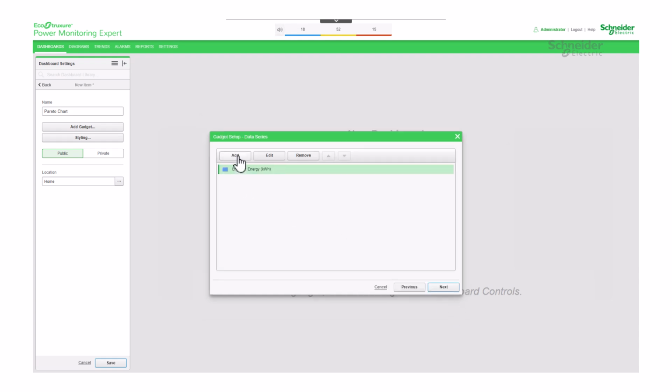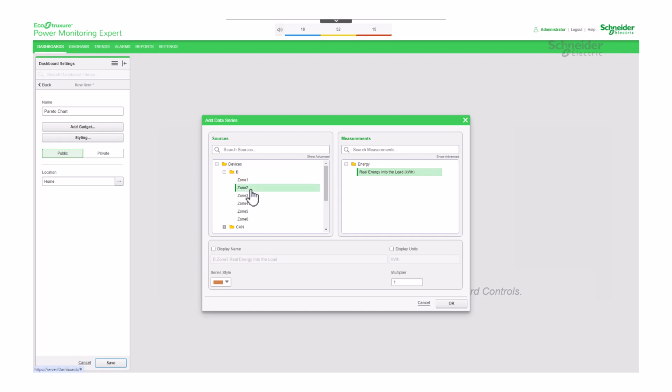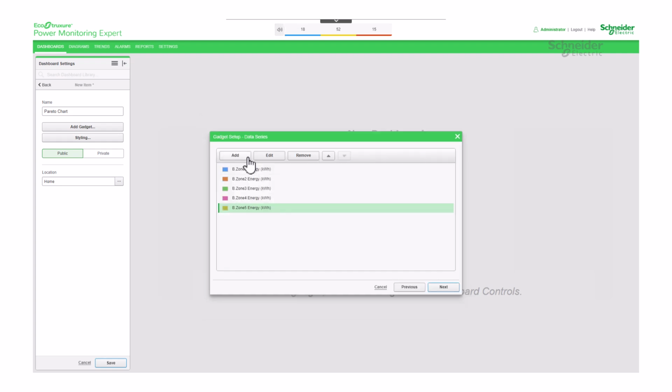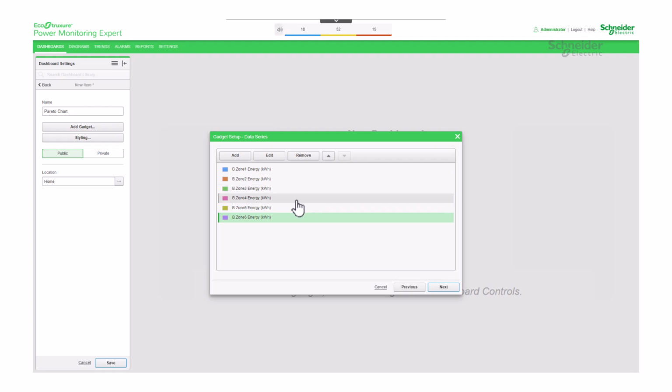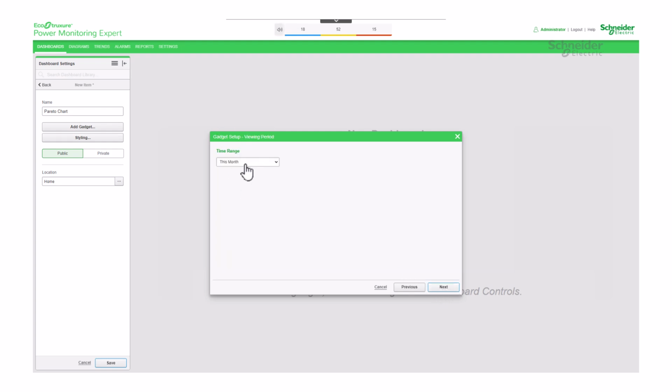For my example, I will call 6 zones. Once selected, you need to go to the next step where you specify the time range. For instance, you can select this year.